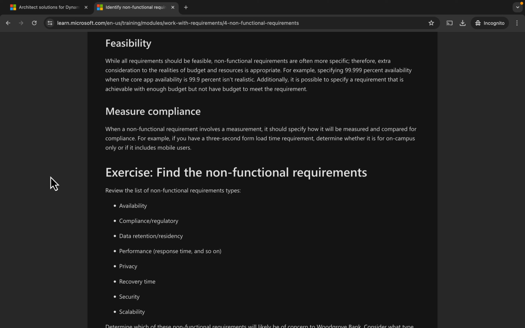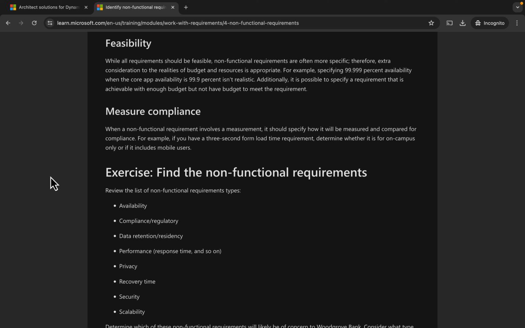Feasibility. While all requirements should be feasible, non-functional requirements are often more specific. Therefore, extra consideration to the realities of budget and resources is appropriate. For example, specifying 99.999% availability when the core app availability is 99.9% isn't realistic. Additionally, it is possible to specify a requirement that is achievable with enough budget but not have budget to meet